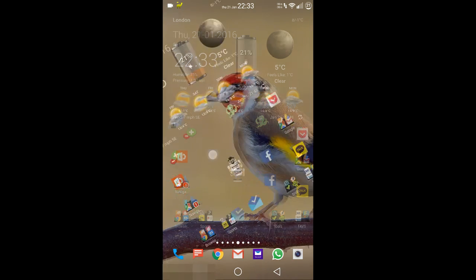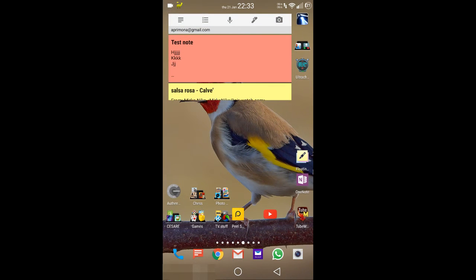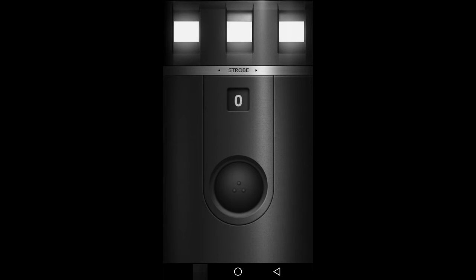Next thing, we'll go on to the next page. I've got my Google Keep, where I have my notes and cards. I've got my torch application. If I need the light quickly, I just go into this one here. I can switch it on. It's already switched on. Switch off,